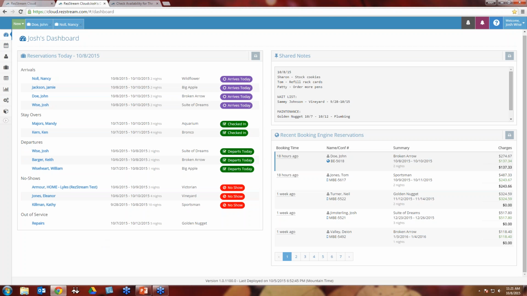Let's call this the Share Notes widget. Let's call this the Recent Booking Engine Reservations widget. Well, as I mentioned, the feedback that we got is people love this screen and they're working out of it,